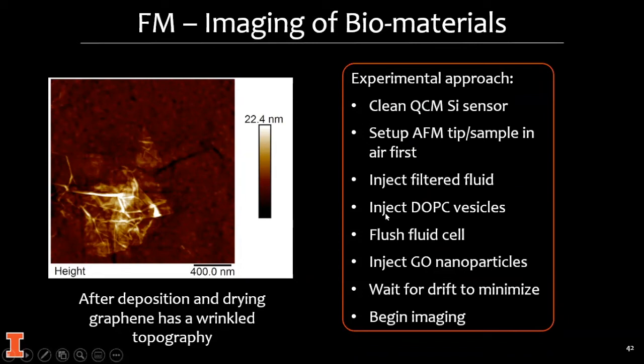And then, because we're doing this in situ, these bilayers don't last in air. So you have to form them in the fluid. We inject the vesicles, wait for them to deposit and form the layer, and then flush the cell of all the excess. At the next step, you're ready to add your particles, inject them, and then wait for them to